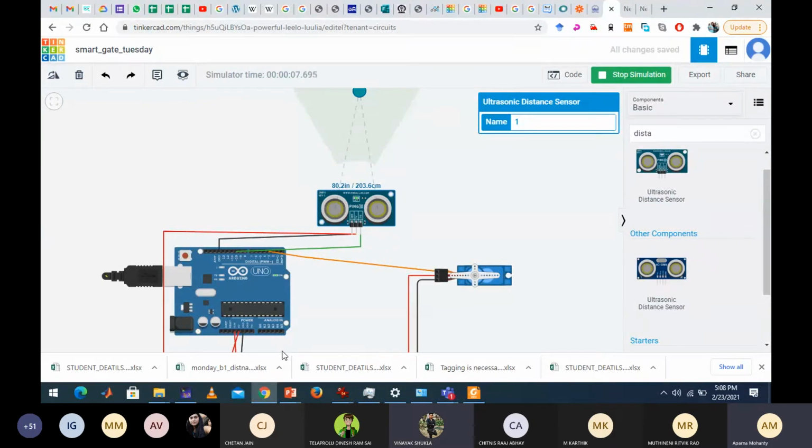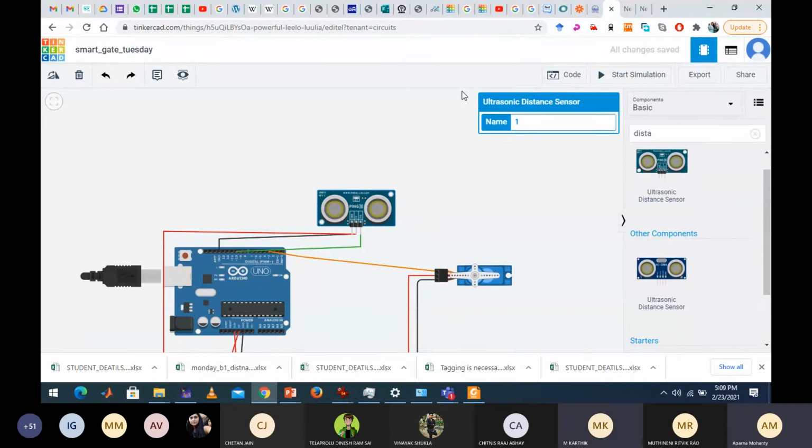Does it really matter, ma'am? No, it doesn't matter, you can connect it to anything. Just make it an analog pin, and wherever you connect, make the change in the code accordingly. Ma'am, analog pins will be the same, but we can change the digital pins, na? Like if we previously took 11, 10, or 9, we can change that, and the analog also we can change.